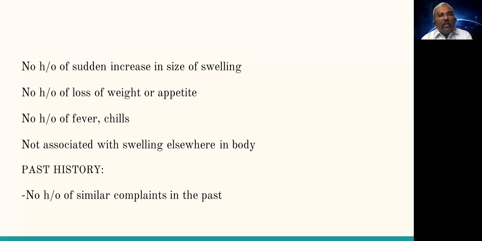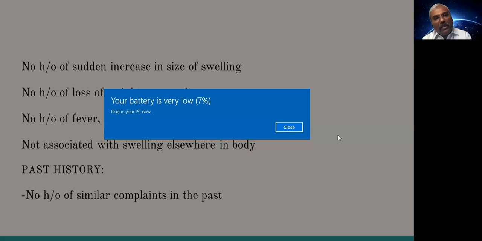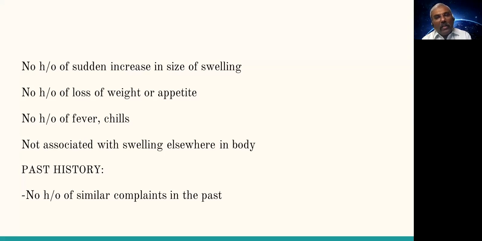Why do you want to ask about no associated swelling elsewhere in the body? What is it that you want to emphasize upon? Sir, in case we suspect testicular tumor, if it has metastasized to the lymph nodes, so we ask for any other swellings elsewhere in the body, sir. So better we typically ask whether the swelling is there in the neck or especially the supraclavicular fossa. These are the typical points where you better ask, is there any history of neck swellings, especially left-sided neck swellings. Directly go to the point.